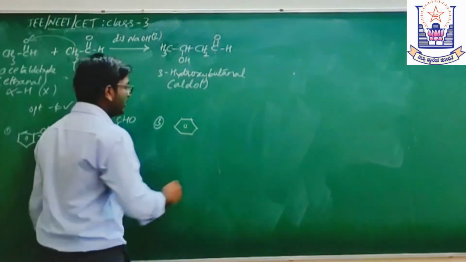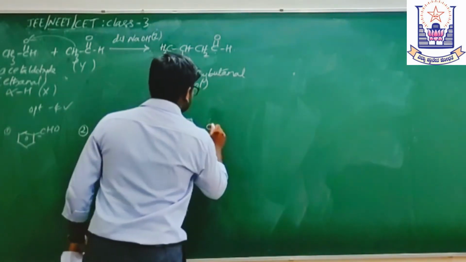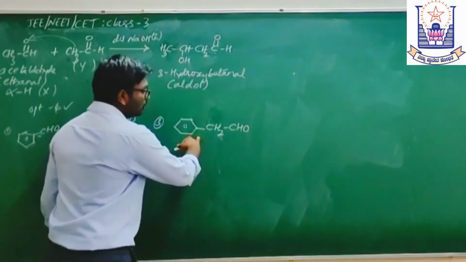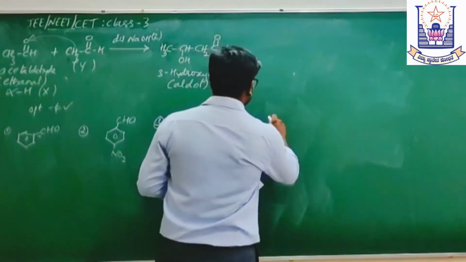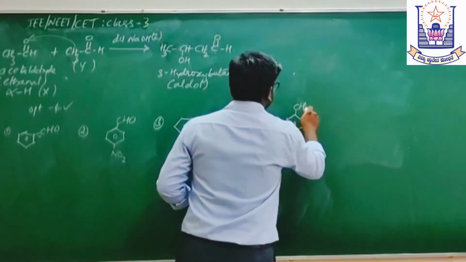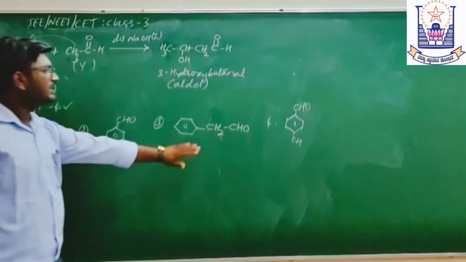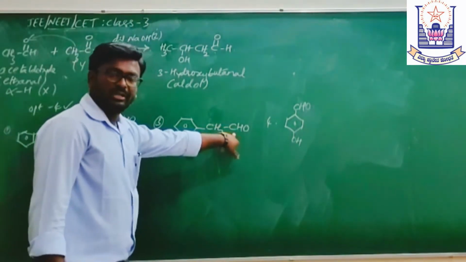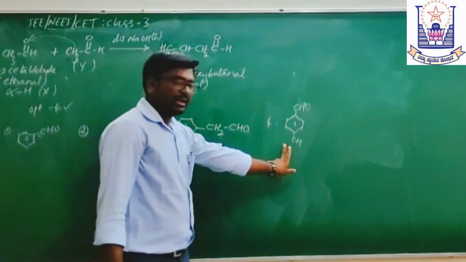phenyl acetaldehyde. Take this C6H5 ring, phenyl acetaldehyde. So this will be CH2CHO. 2-phenyl acetaldehyde is possible. Then the fourth one is para-hydroxybenzaldehyde. Out of this, the simple open or aliphatic aldehyde is this. But here this is an electron donating group. It reduces the polarity, and out of the benzaldehydes, the hydroxybenzaldehyde